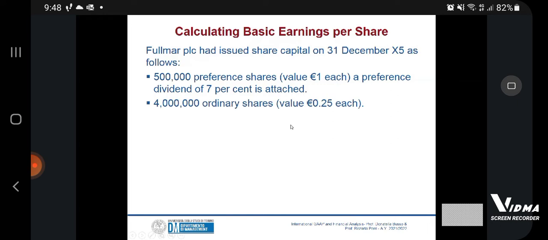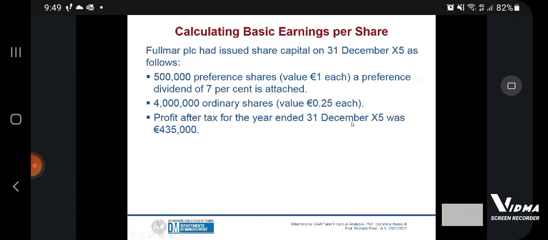Then in the financial structure, we also find some ordinary shares. The number of ordinary shares at 31st of December, or otherwise at the beginning of the period, is 4 million ordinary shares with a value of €0.25 each. That is 25 cents for each of the ordinary shares. Profit after tax for the year ended 31st of December was